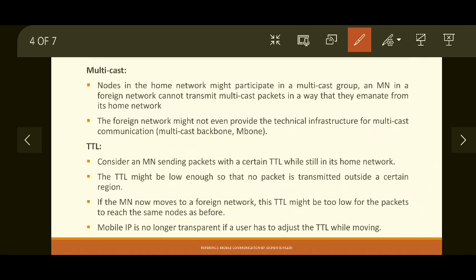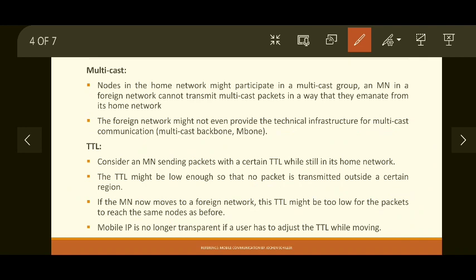Now technical infrastructure means the multicast backbone network which is required to support multicasting within the network. In order to implement multicasting in a network, you will require specific hardware which will be able to deliver packets to all nodes within that same multicast group.